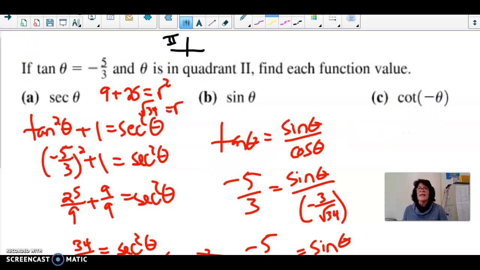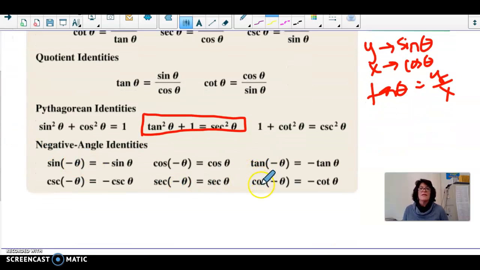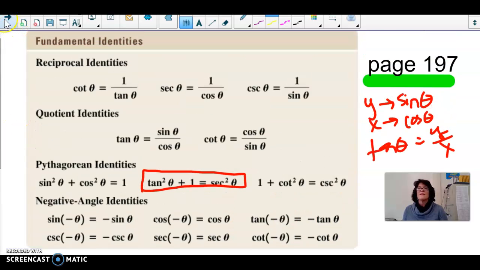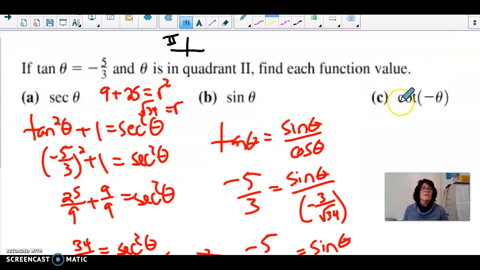Cotangent of negative theta, let's go back and remember what that is. The cotangent of negative theta is the same as negative the cotangent of theta. Okay, cotangent is an odd function. They're opposites there. So this is negative cotangent of theta. Now I do know that cotangent is 1 over the tangent. So I'm going to have negative, if I take 1 over tangent,